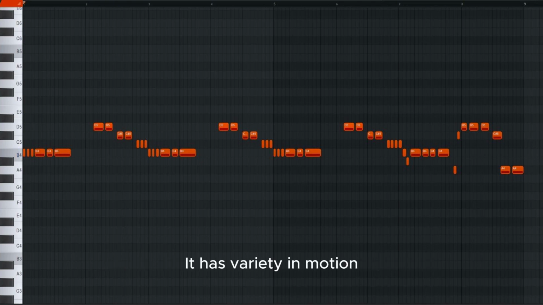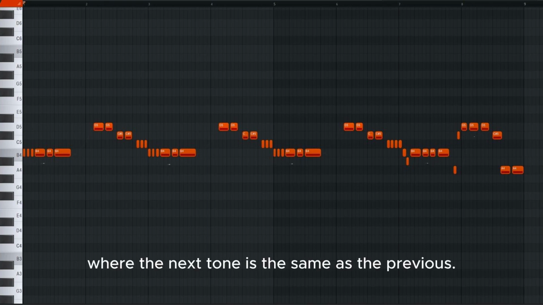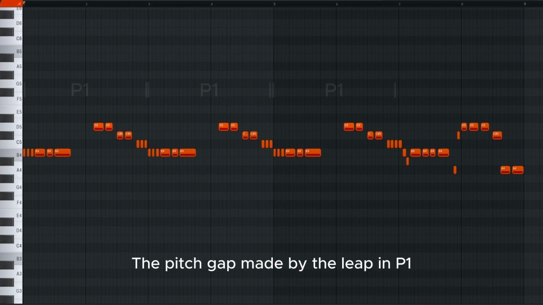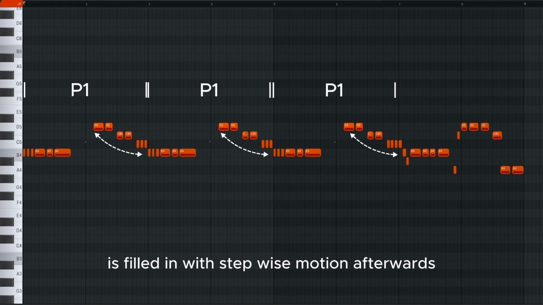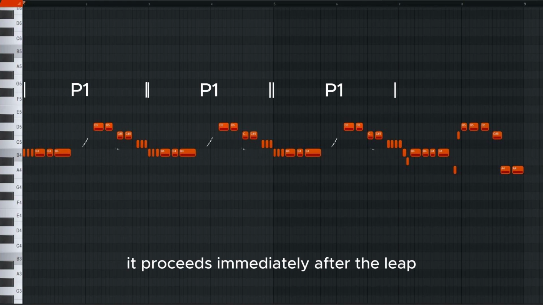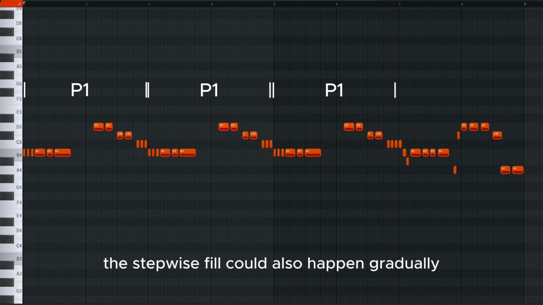It has variety in motion, containing a good mix of steps, 1 to 2 semitones, leaps, 3 or more semitones, and repeats, where the next tone is the same as the previous. The pitch gap made by the leap in P1 is filled in with stepwise motion afterwards to help with melodic cohesion. Although in our melody it proceeds immediately after the leap, the stepwise fill could also happen gradually during later